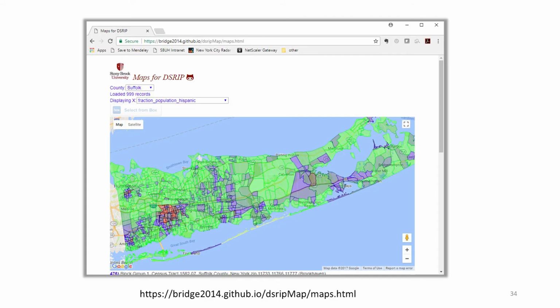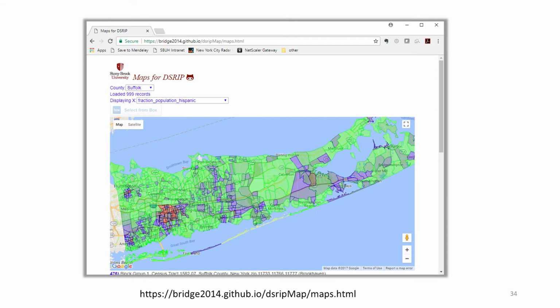We developed a tool. Janos also developed a tool with another research scientist here to make these maps more interactive, so that you could zoom in, zoom out, and use a web-based tool for that. And then we can connect the data about our patients to the communities that they live in. And this is data from the Census Bureau, which shows different demographics on the community at the same spatial scale of the block group.